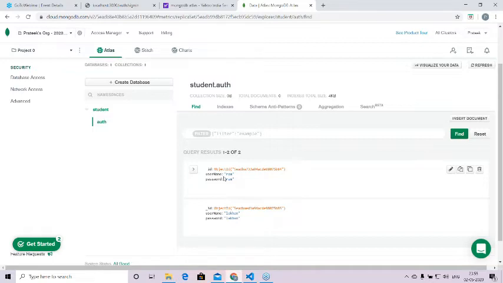Okay, so what is the meaning of schema? In case of RDBMS typical tables, you always define while creating a table that this table will be composed of a column name which is of type string. There is another column, age, which is of type number. There will be another column, let's say date of birth, which will be of type date. So this was actually your schema for a particular table. You always define a schema for a table before entering data into that table. But in case of a MongoDB database, while you